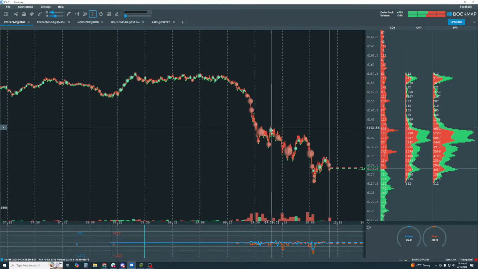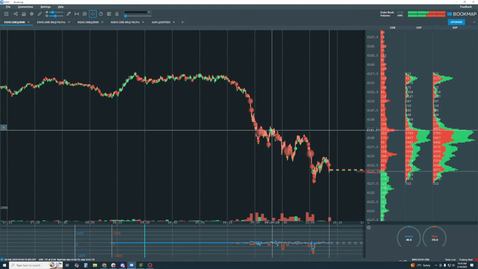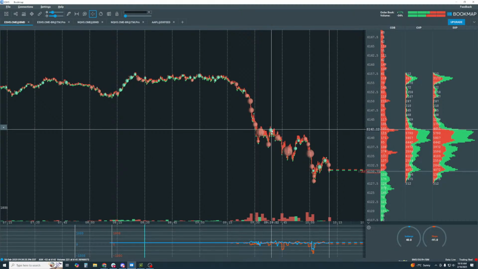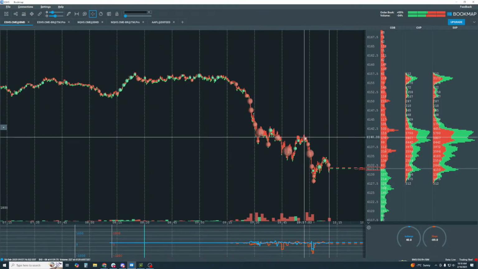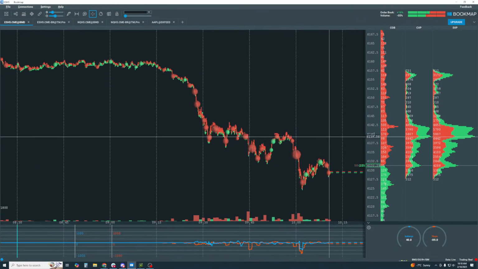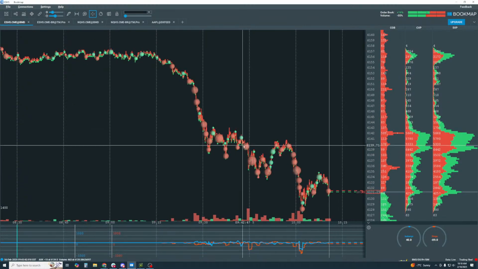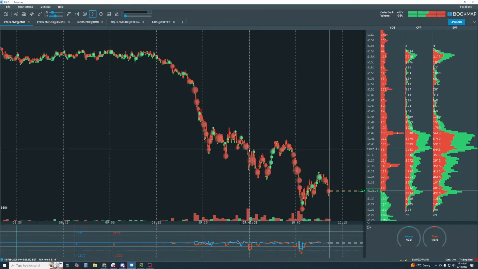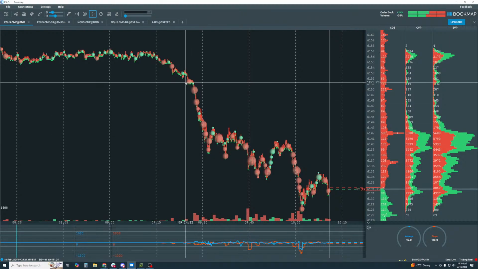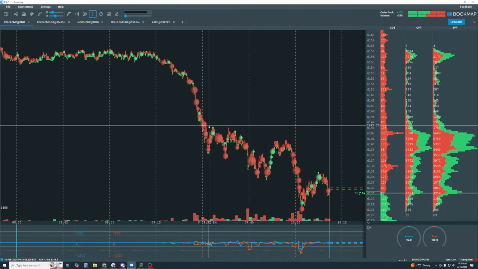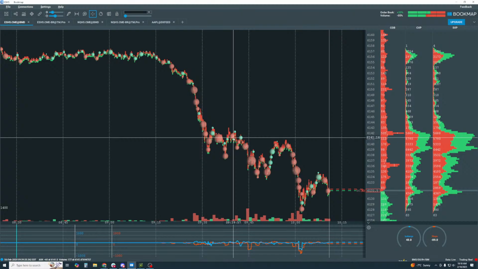Look at the pullback in here. This is as much as the buyers could muster, at 940 or so. We drop lower. Look at the pullback in here. Guys, these kinds of setups in here are golden. I will have some new course material for you guys on exactly this, because we know the move is to the downside. We can see it just in the volume alone.